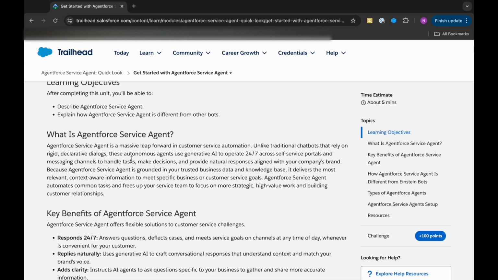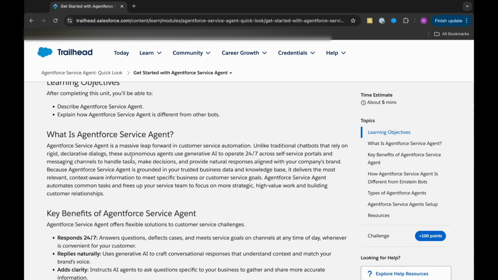But now in this we will be able to make decisions, and Agentforce service agent is grounded in our trusted business data and knowledge base. It will be delivering the most relevant context-aware information to meet specific business or customer service goals, and it automates common tasks, frees up our customer service team to focus on more strategic high-value work and building